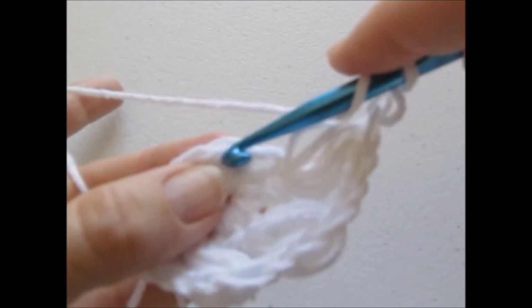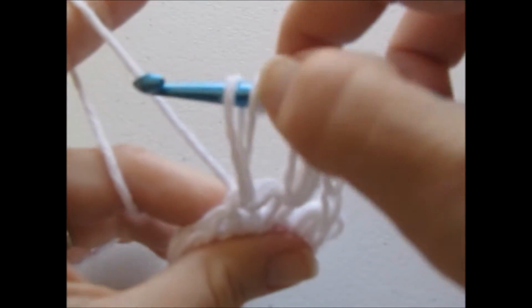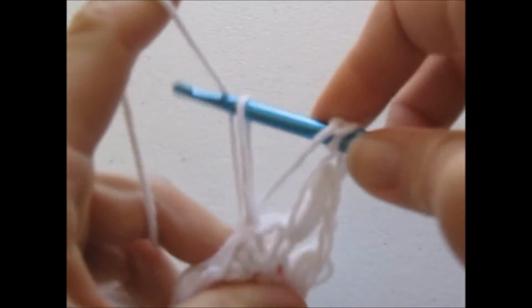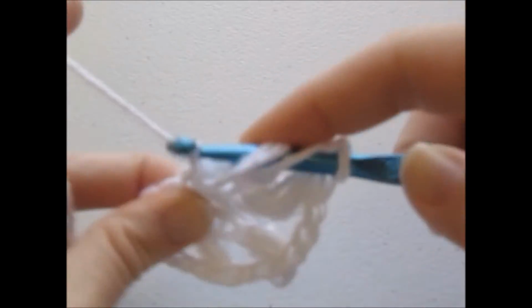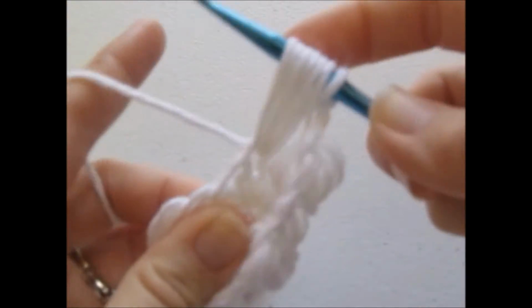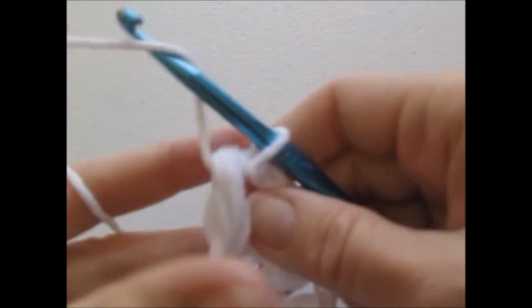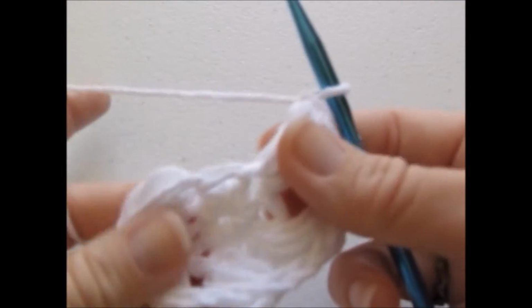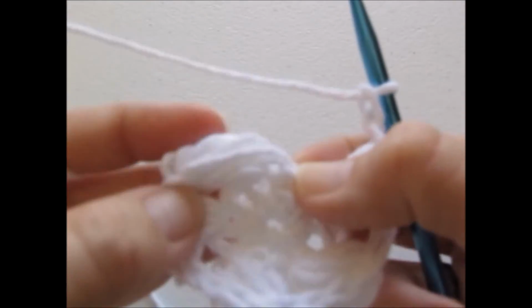yarn over, insert your hook, yarn over and pull it through and up, yarn over, insert the hook, yarn over and pull it through and up, yarn over, insert your hook, yarn over and pull it through and up, yarn over and pull through all 7 stitches, chain 1, and now we're going to chain 1 because this is the very last gap, and